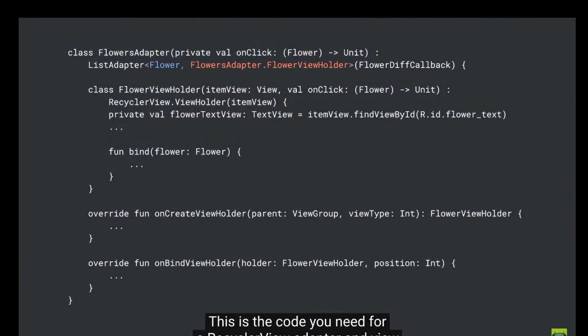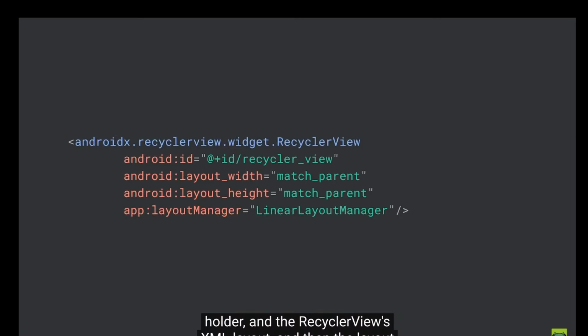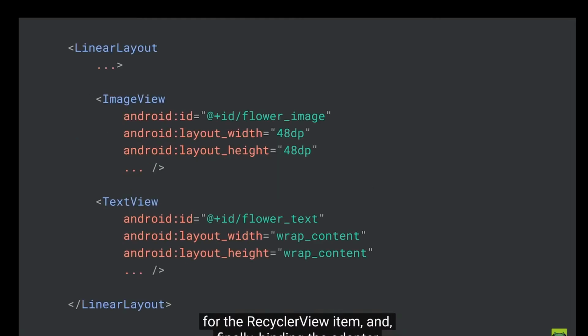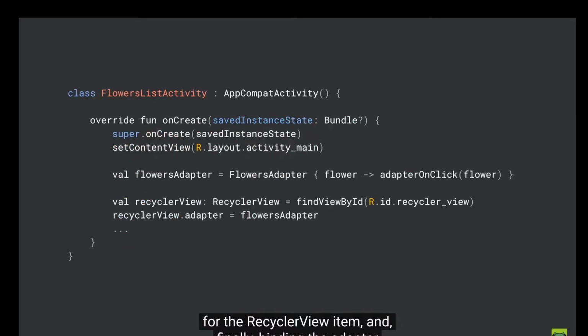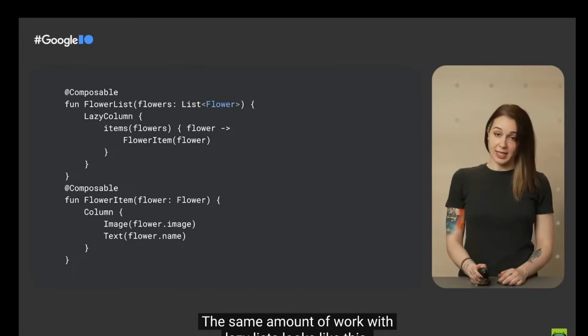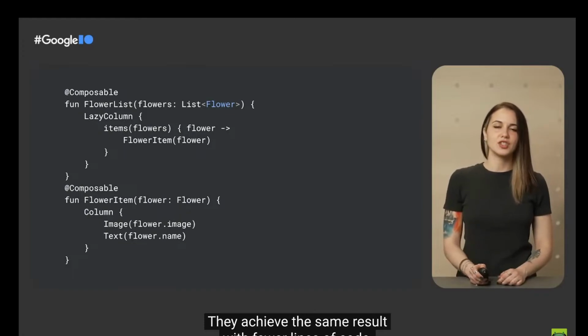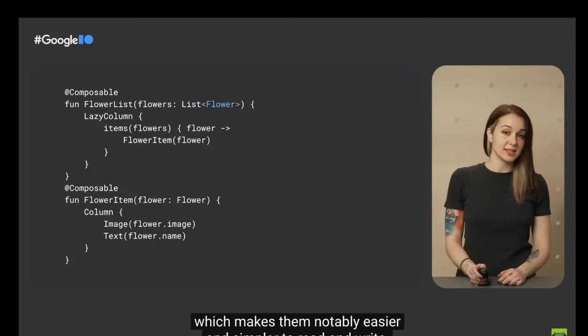This is the code you need for a Recycler View adapter and view holder, and the Recycler View's XML layout, and then the layout for the Recycler View item. And finally, binding the adapter to your Recycler View. The same amount of work with lazy lists looks like this. They achieve the same result with fewer lines of code, which makes them notably easier and simpler to read and